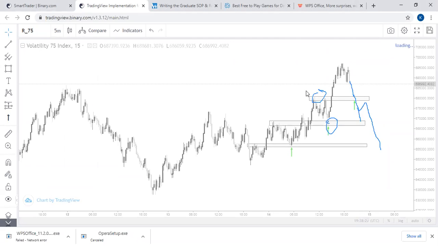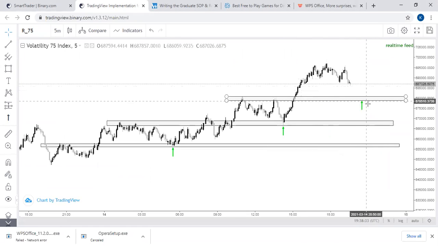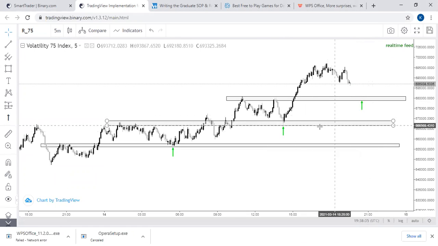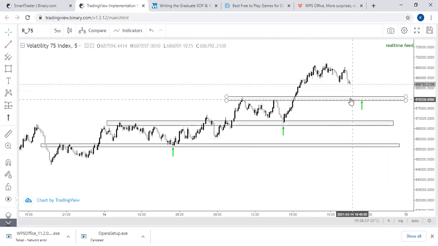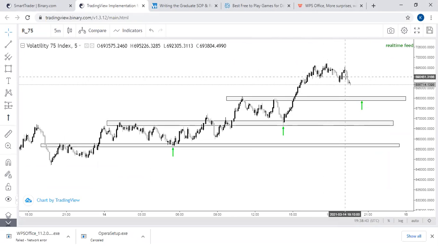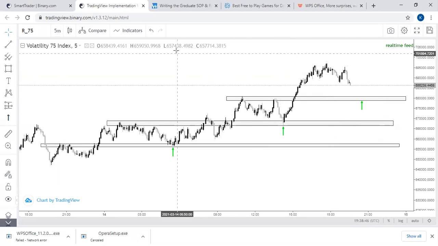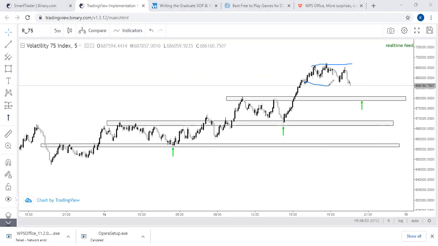The thing is, it all depends on how you position yourself in the market. Since you have all the key levels, it doesn't mean you are done. But how are you going to position yourself? Do you get it? How are you going to position yourself in the market? So if you look at here, you see that we are having a triple top here. So we are expecting price to break this key level, and we are now having a breakout here. So since we are having a breakout here,